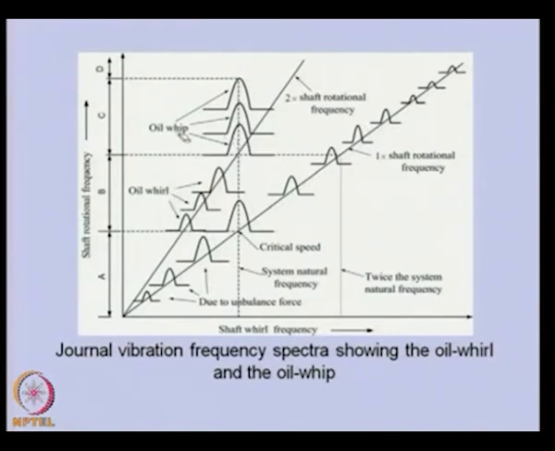Basically, oil whip is a very special condition of the oil whirl itself. At oil whirl, basically we are rotating the rotor at around twice the critical speed, and because of that the frequency of whirl is equal to the natural frequency of the system itself, and this is more dangerous instability condition. This particular phenomenon of oil whirl and oil whip is basically nonlinear in nature, and